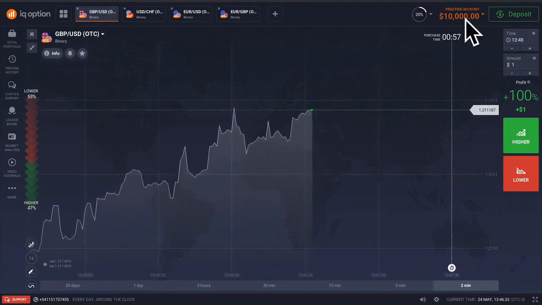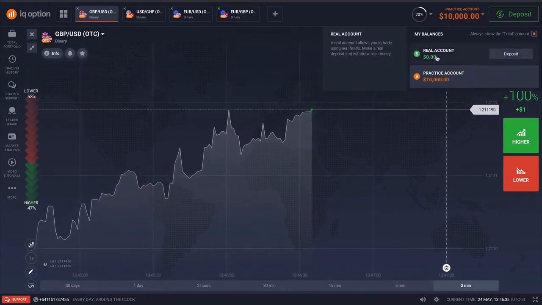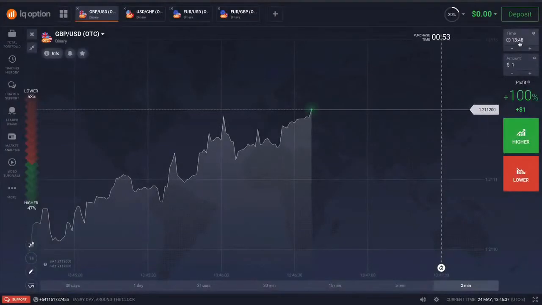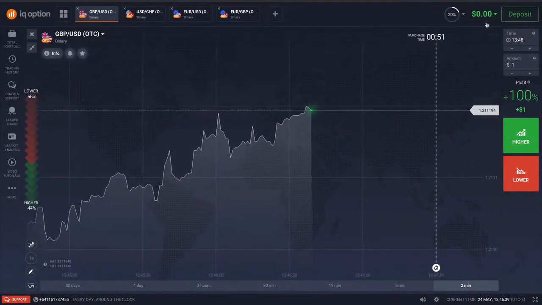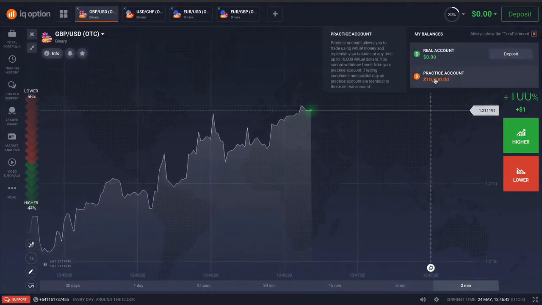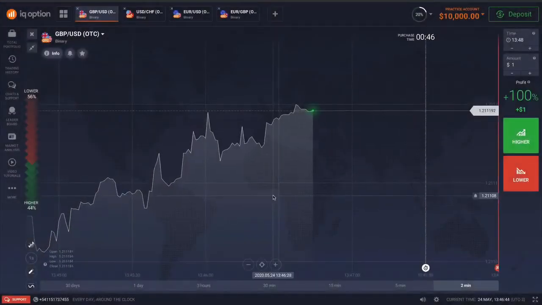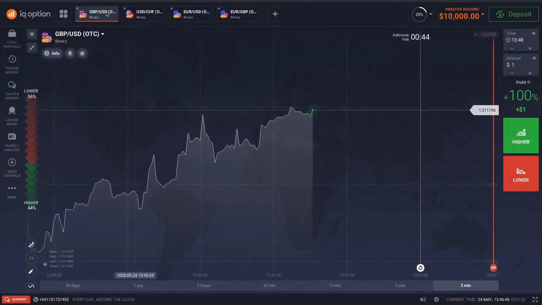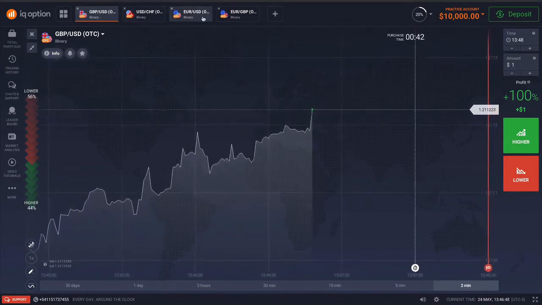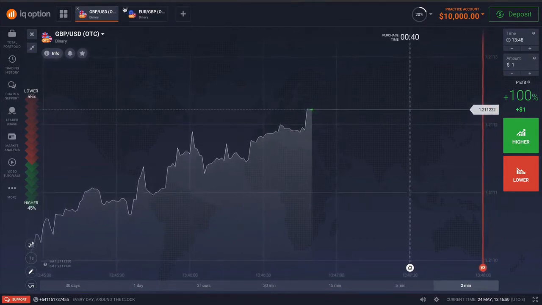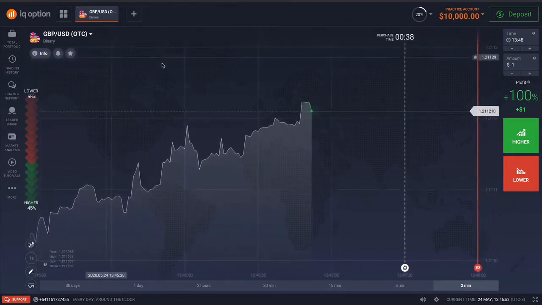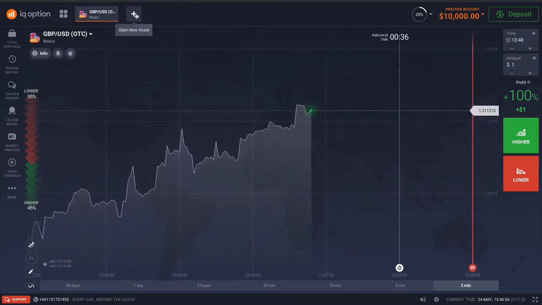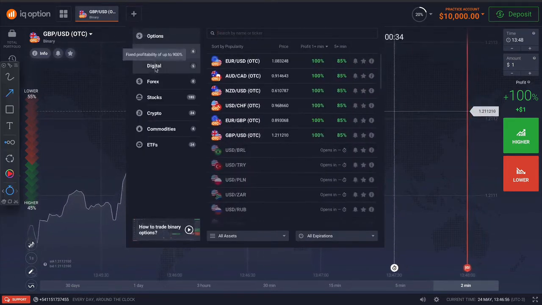Okay, so that's where you would go, and you can switch between the real account. I don't have any money here on this one since it's a new account, or the demo account. So we're just going to hit the demo, and that's it. Okay, so obviously, as I said, you have the currencies here at the top. We're just going to exit out of these, and to add one, it's very simple. All you have to do is click that, and you have the